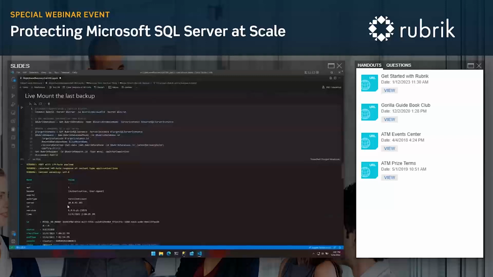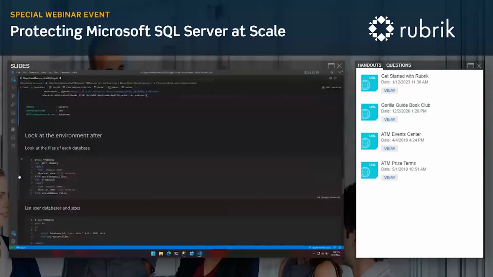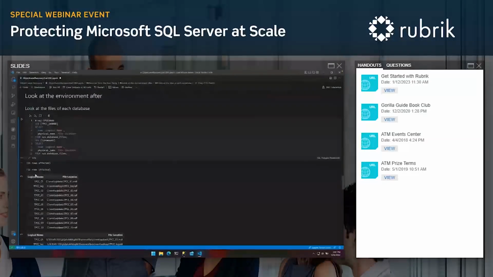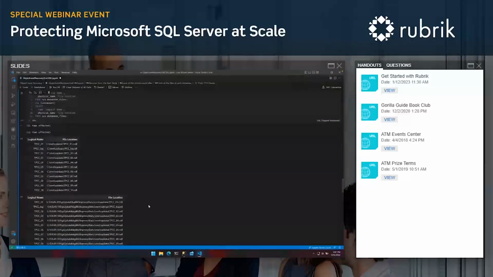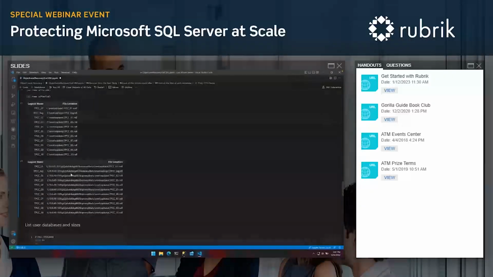and let's look at the databases that are out there, we can see that the main database, the 2 terabyte database that we worked on first, it's all sitting on mount points, sitting on my local storage. But the live mount, that's sitting on UNC paths. This is all sitting on the Rubrik storage, not on your SQL Server. So I didn't need to talk to a storage team or a server team to get new 2 terabytes added to this server to do this recovery operation.